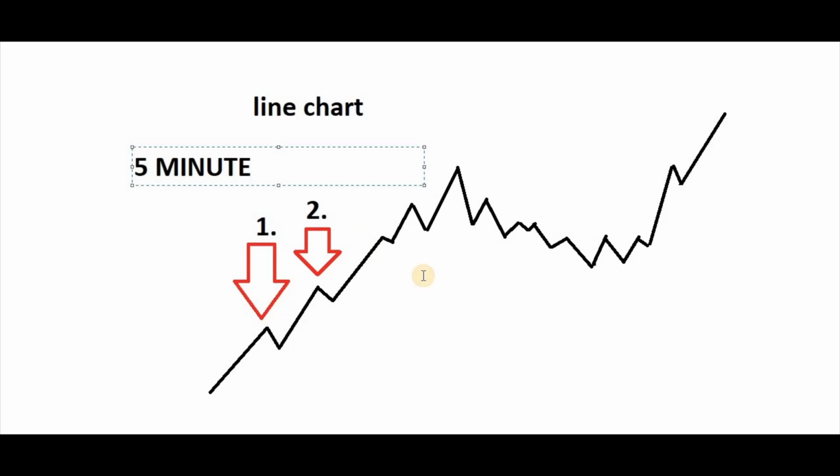Moreover, the line chart gives one more benefit of identifying patterns. For example, you can identify patterns like double top, triple top, head and shoulders, or patterns like these. Most people use this for confirming patterns rather than identifying them. If you find a pattern in the candlestick chart, and if the analysis is proper, you can even try it in the line chart.